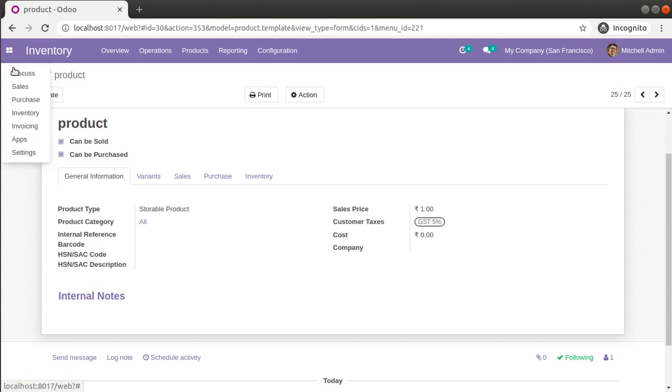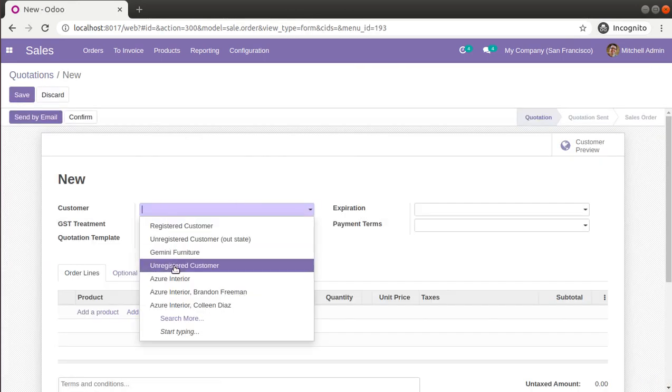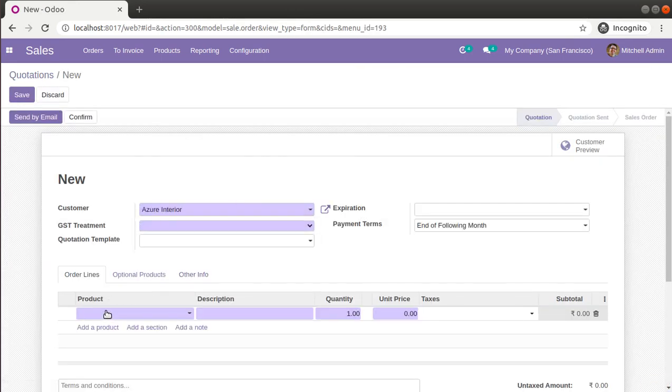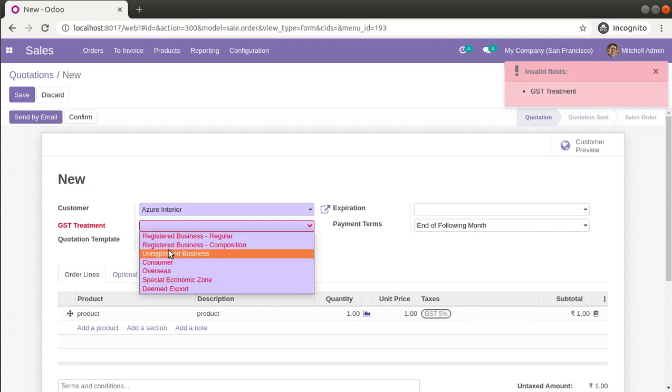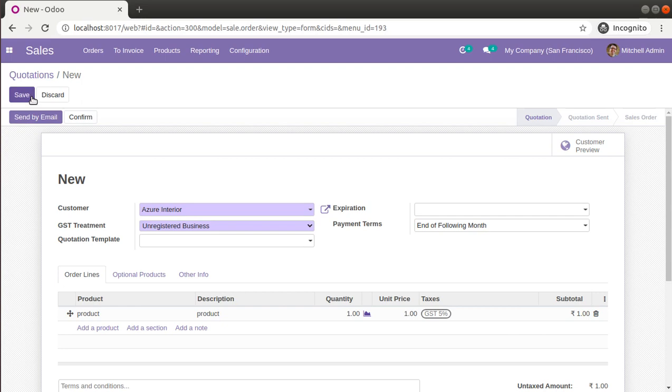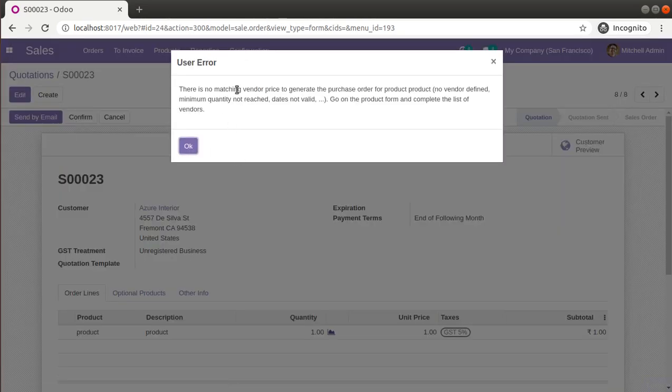Right now I'll go into Sales and try to create a sale order for the same product that I have just created. Here you can see the quantity is 1 and the unit price is there, and I click on the save button. As I have installed Indian localization, I have to select the GST treatment, and once I confirm it, it says there is no matching vendor.